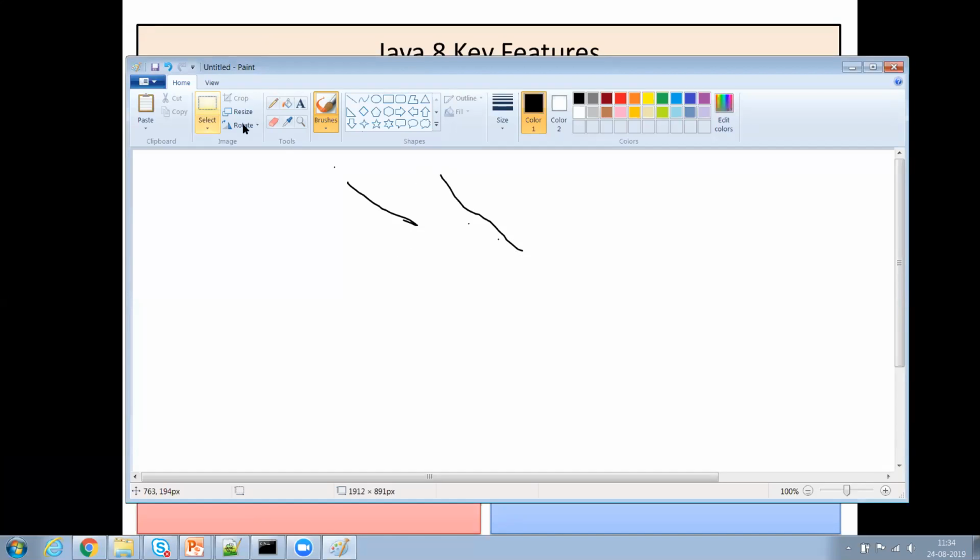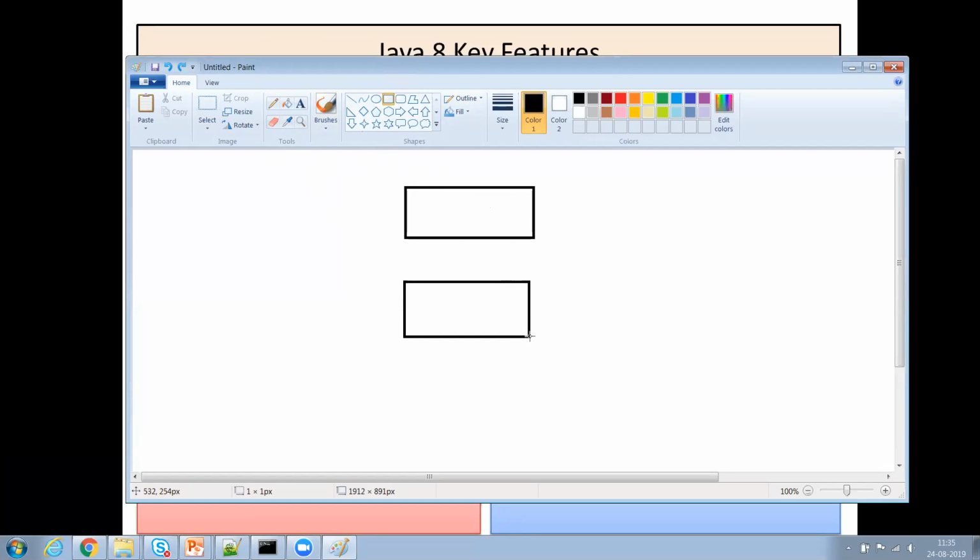So what I'm trying to say is you have an interface. Let me call it interface, and say you have two classes which implement that interface.